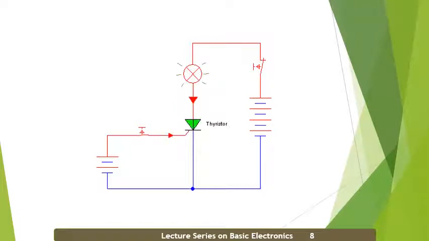Hope the explanation of the working of your SCR, and why we don't have any control over the SCR after it is switched on, is clear from the animation. Just have a look. This will be closed and afterwards this will be closed. When this is closed, only then your bulb glows, indicating that the SCR is on.